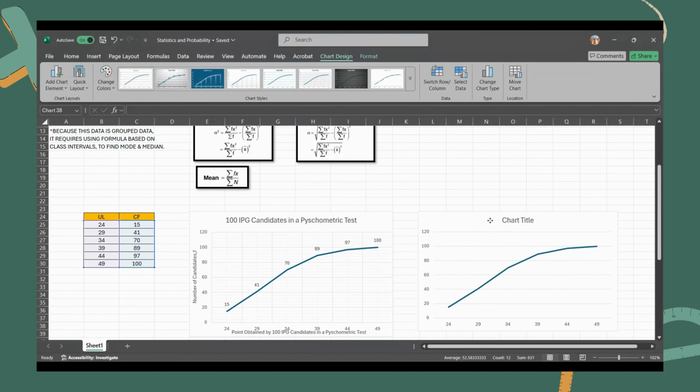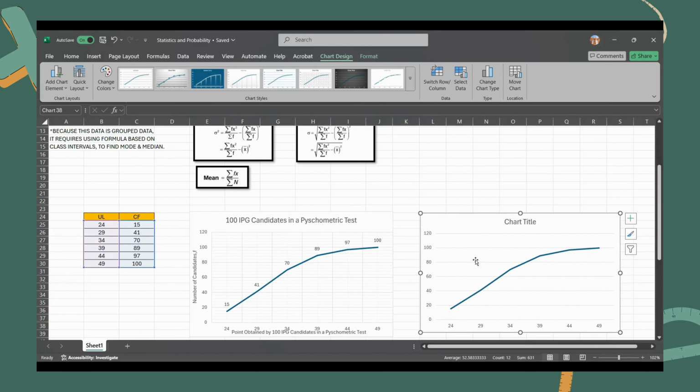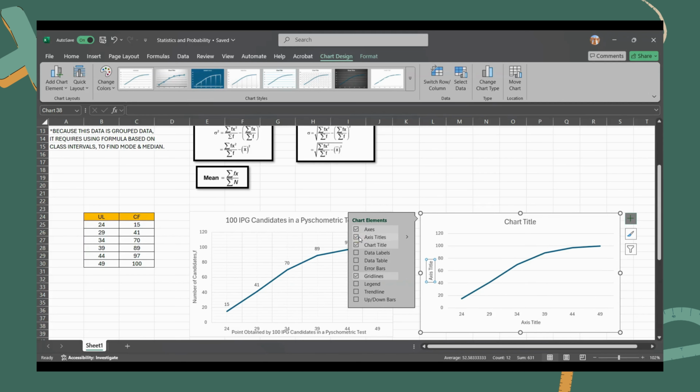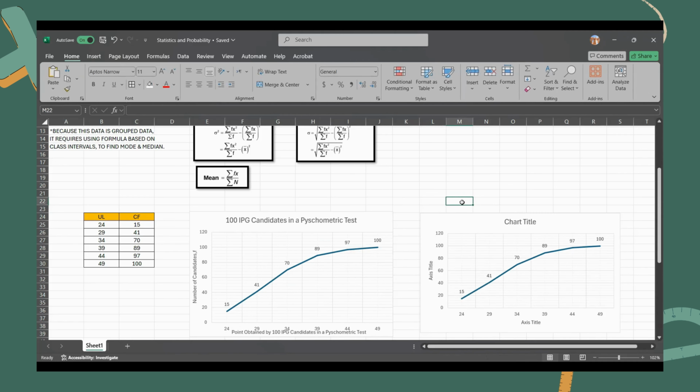So now this is for an OGIVE. So we click the plus button. We tick axis title, data labels and grid line. So that's all how to create an OGIVE in Excel.